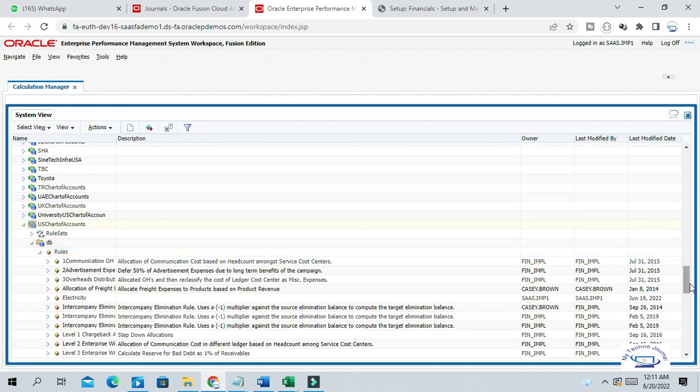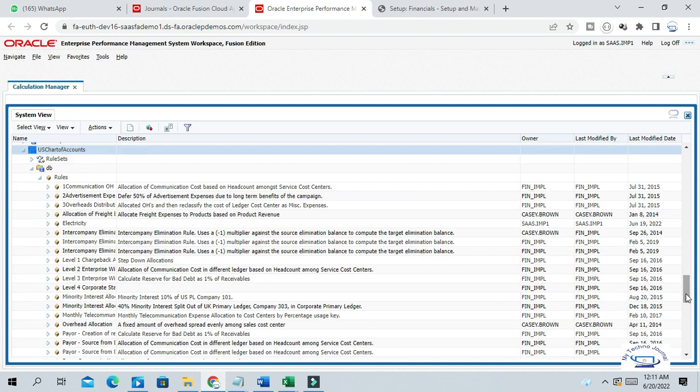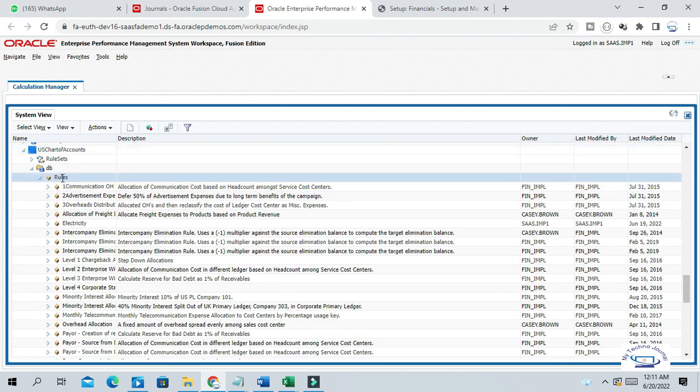DB means database, and under this you can see multiple rules have been created. So right click on these rules to create a new rule